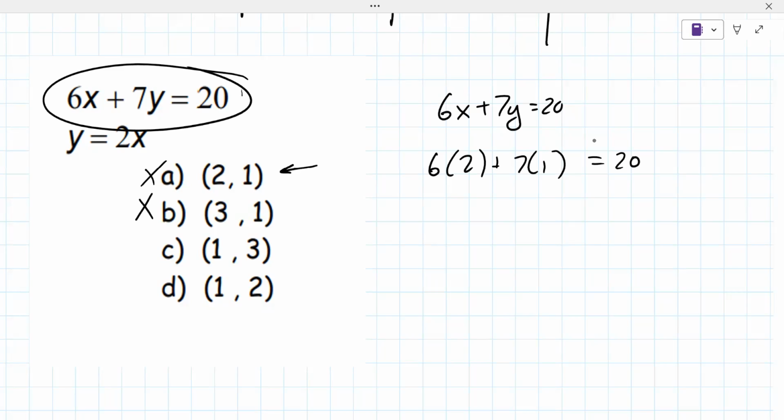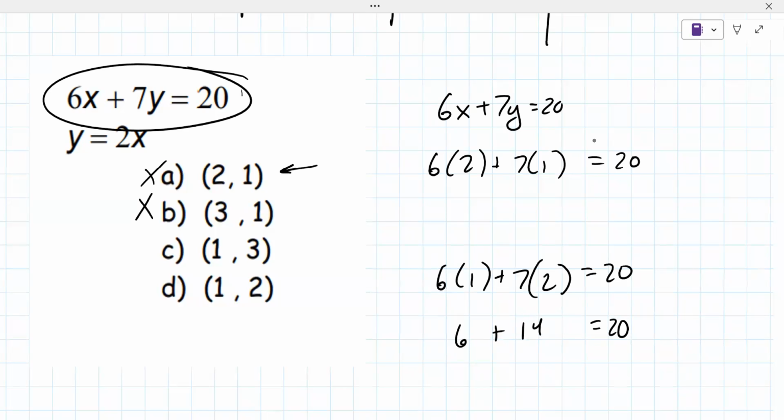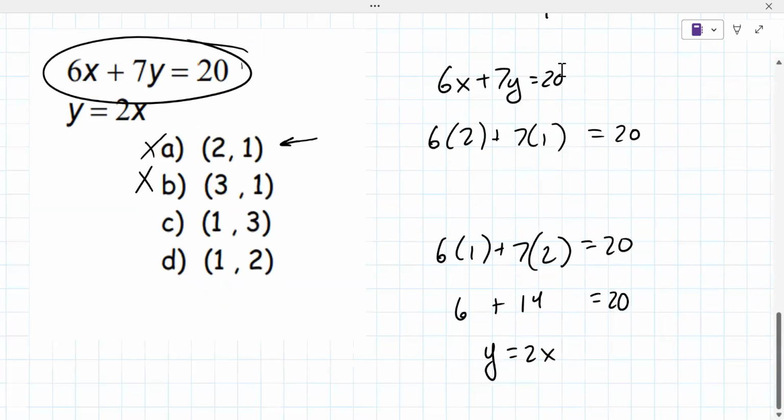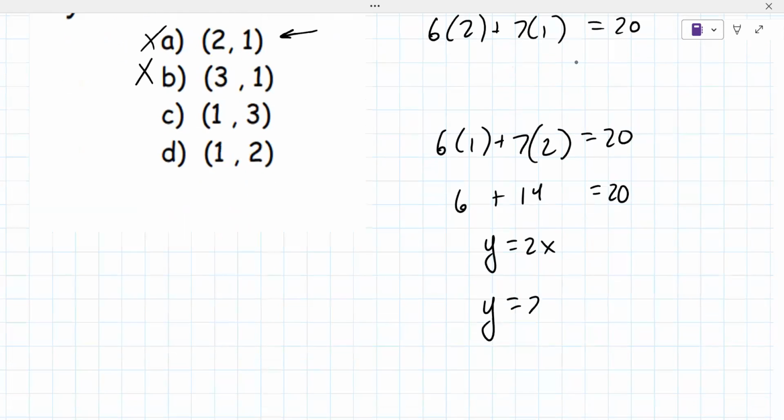All right, so now there's more though. Just because it works in the first one doesn't mean that it is for sure the answer. So 6 plus 14 equals 20. Does it work in the second one? y equals 2x. Does it work here? Does y equals 2 times